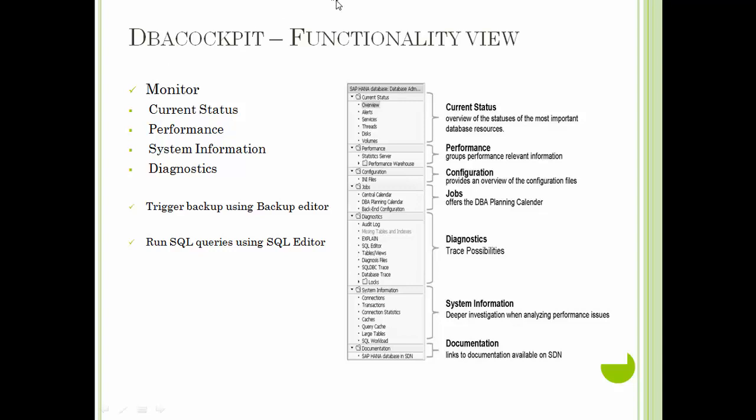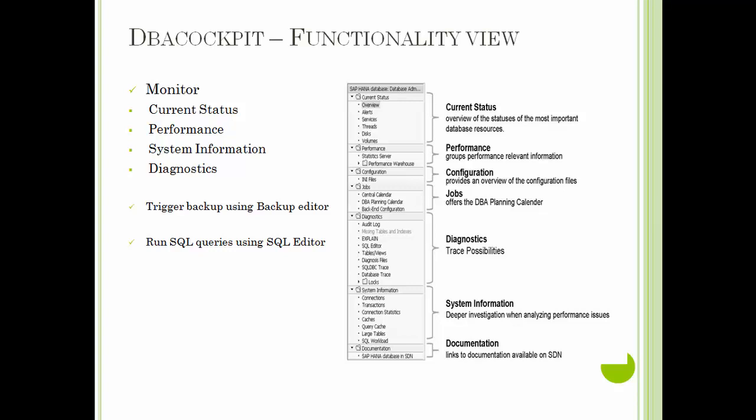Here the current status monitor provides an overview of the statuses of the most important database resources. For example, statuses of the disk space and physical memory, status of the services, that is different component services, and